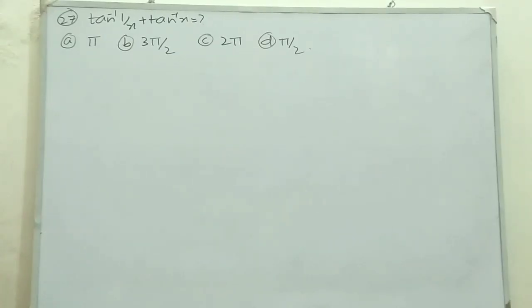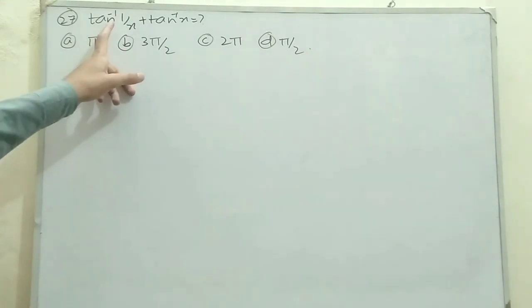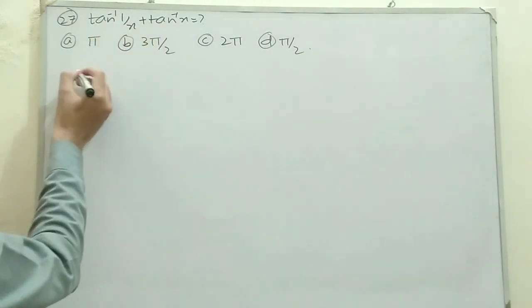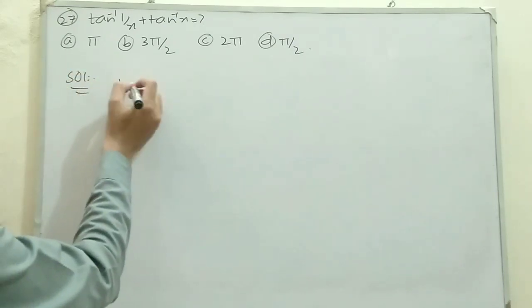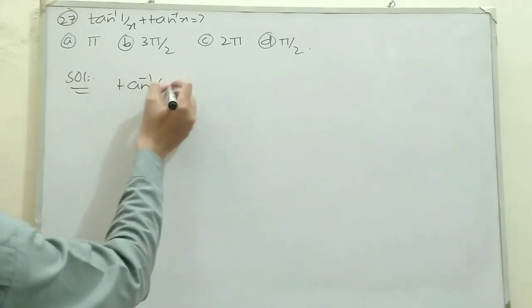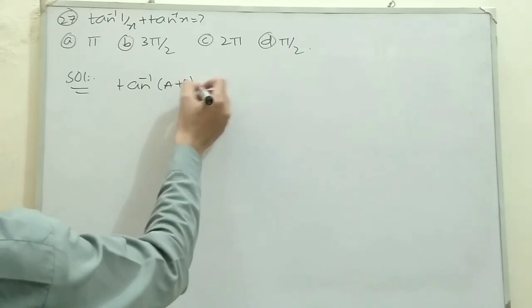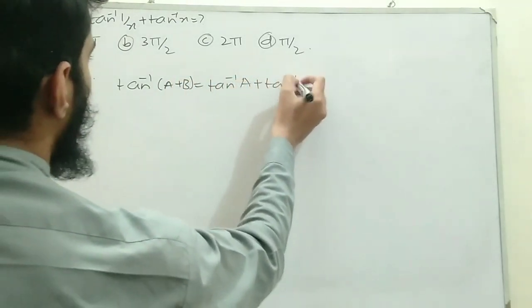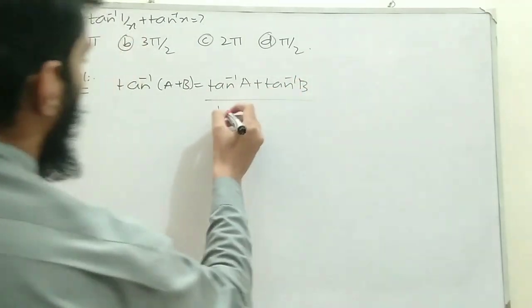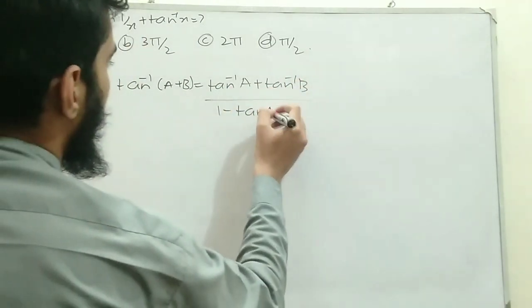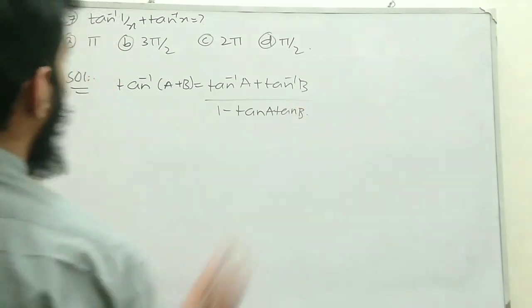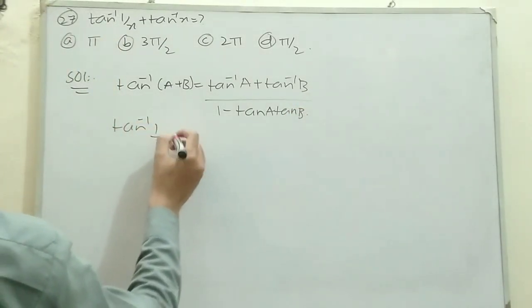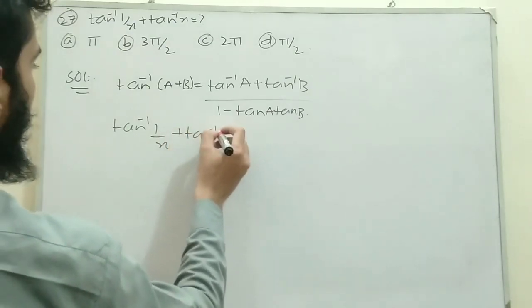Now move toward MCQ number 27. It tells that find the value of tangent inverse 1 over x plus tangent inverse x. So move towards solution. Remember that tangent inverse of a plus tangent inverse of b is always equal to the tangent inverse of a plus b over 1 minus tangent a and tangent b. Using this formula, it becomes tangent inverse of 1 over x plus tangent inverse of x is equal to